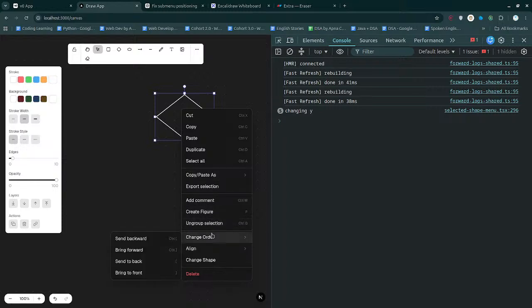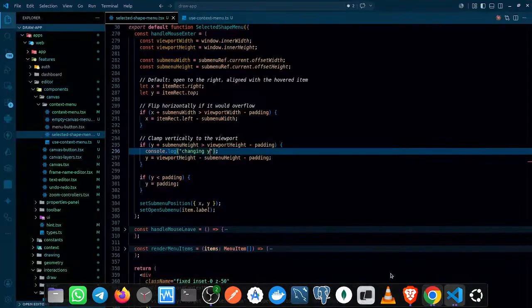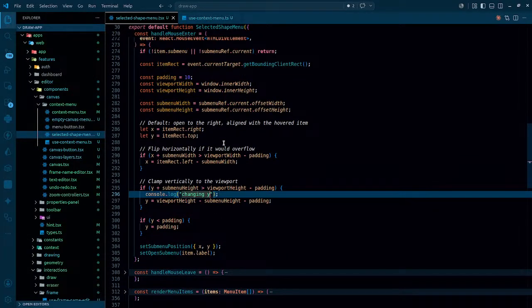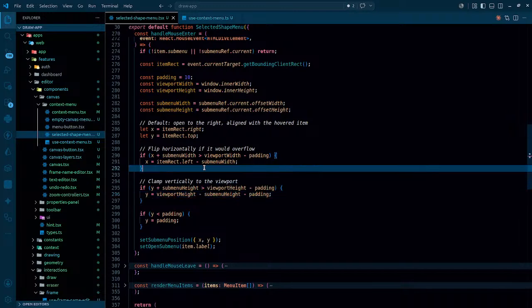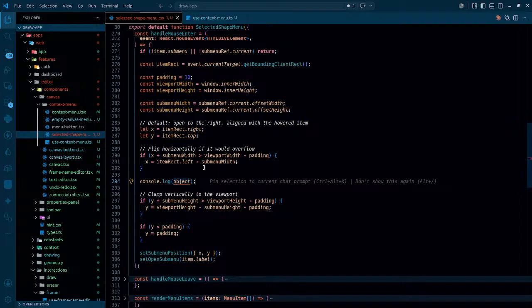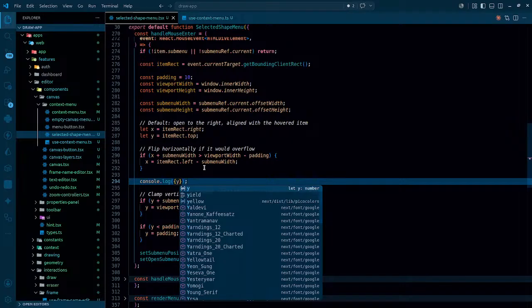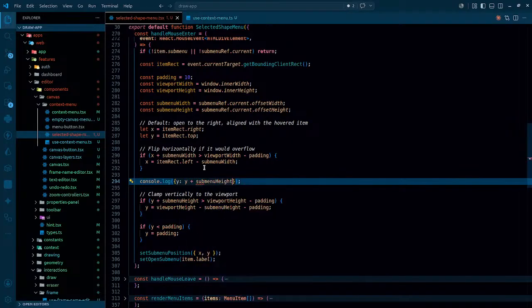This is fine. So change order just simply changes this. Align, it's not getting changed. So is it dependent on some menu height? Let me check the values as well. Time to log. y is gonna be y plus some menu height,